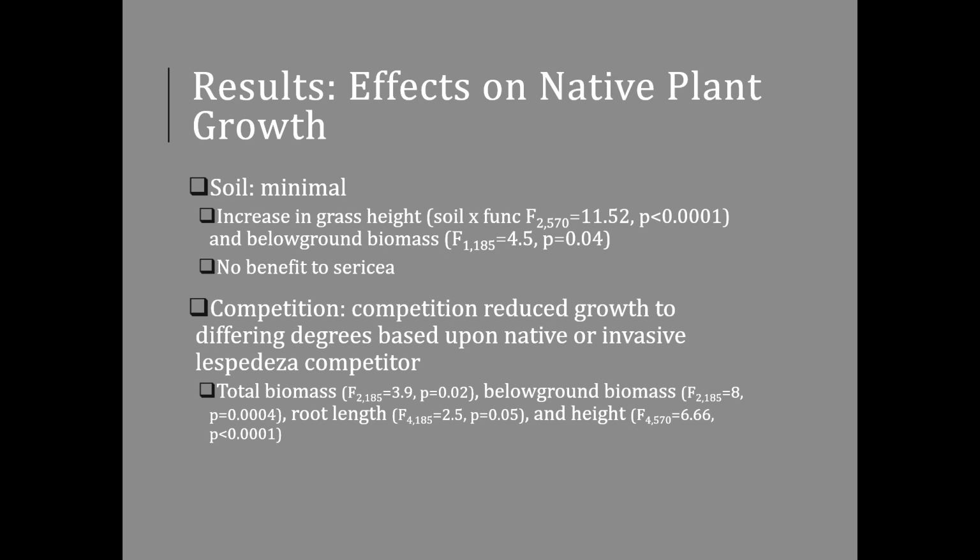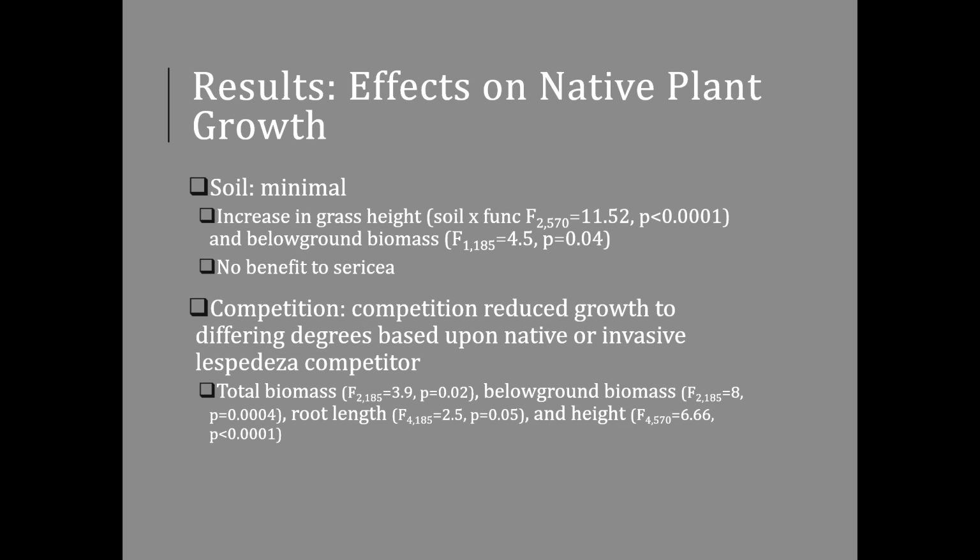So competition did reduce the growth of some of our functional groups to differing degrees based on who they were growing in competition with. Okay. So the trend that we found was that plants performed the best when they were growing by themselves. They performed a little bit poorer when they were growing with that native Lespedeza competitor. And then there was another poorer growth when growing with that invasive competitor. Okay, so we did see that downward trend. And this was found in the total biomass of the plants, their below ground biomass, their root length, and their